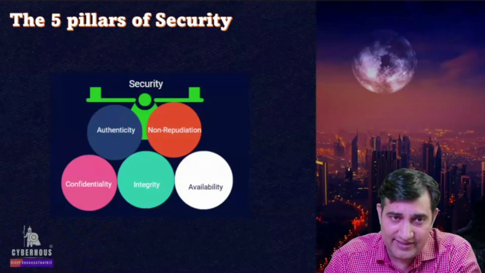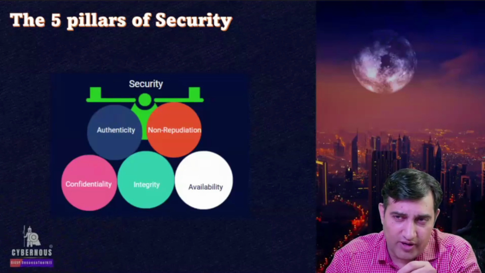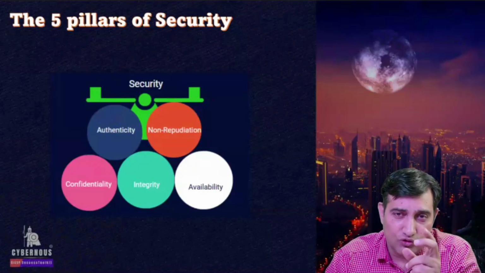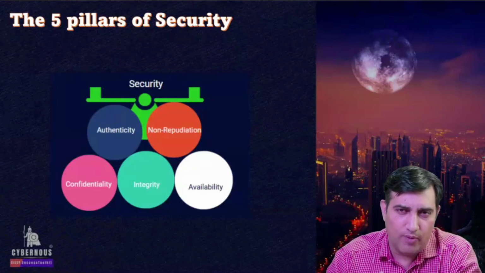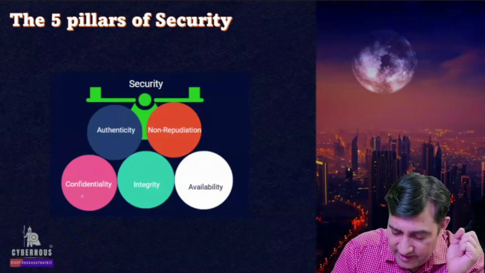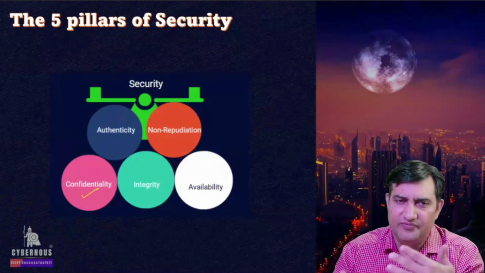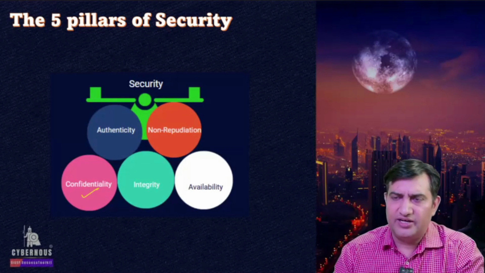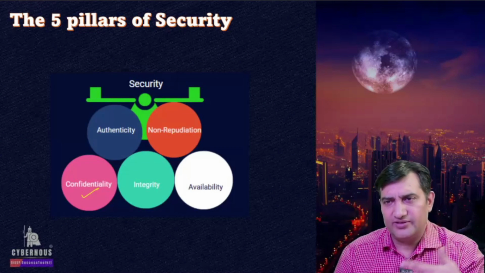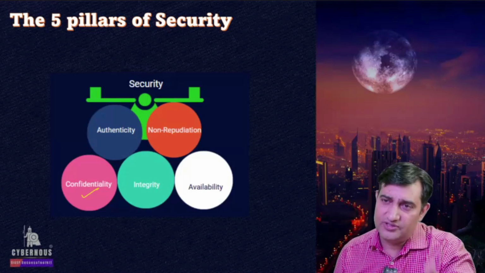But why is it there in CISSP? Because this is more fundamental and this is more advanced, so you need to know a little bit more about it. When we say confidentiality, I think all of you know it is very simple. An unauthorized party should not have access to the data, access to the information, access to the system, and so on, right?